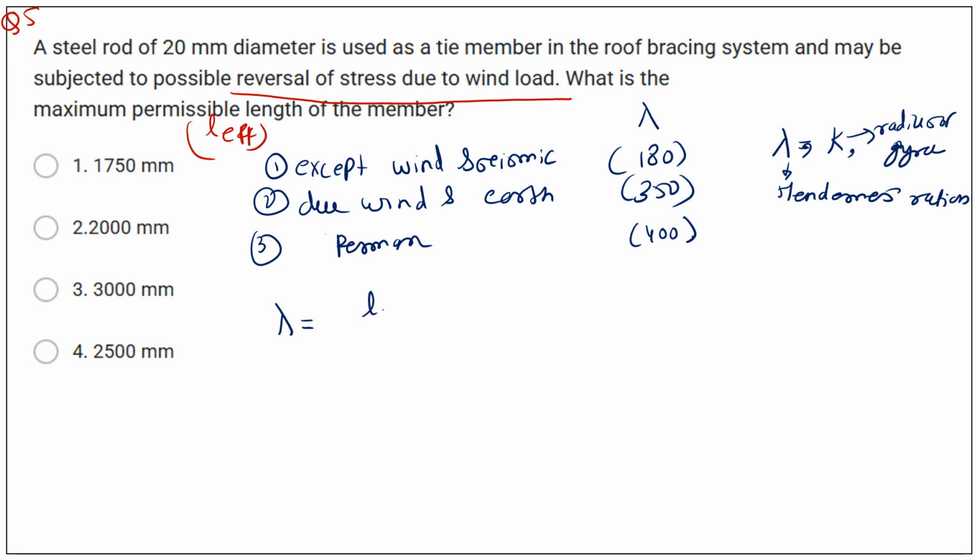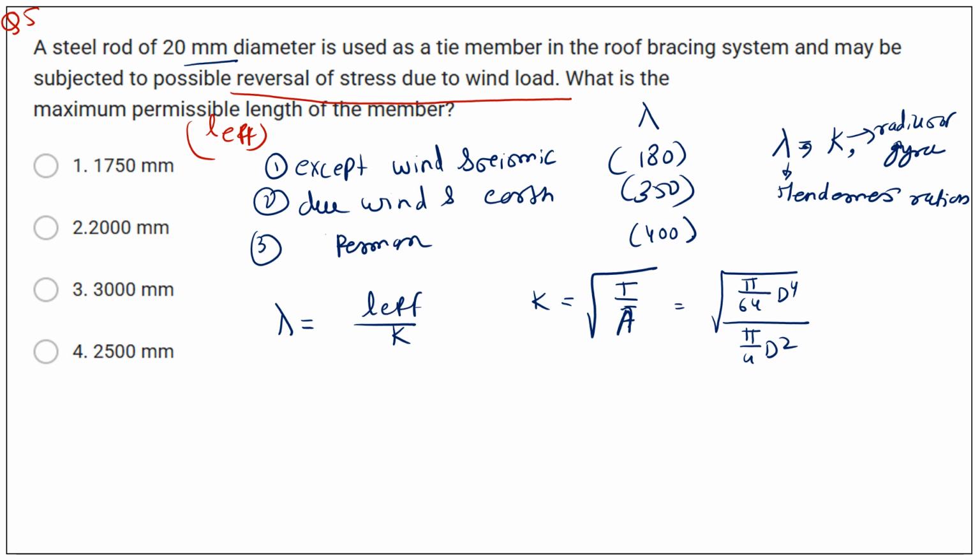Lambda is equal to L effective by r. r is the radius of gyration and r is equal to the square root of I by A. I is the moment of inertia, A is the area. For moment of inertia, here the diameter is given, meaning a circular cross section is given. So for that the moment of inertia is pi by 64 d raised to 4 divided by area, which is pi by 4 d square. After putting the diameter value into this, we get the radius of gyration as 5 mm